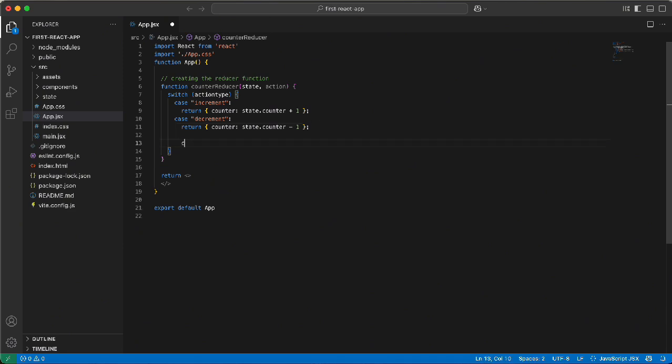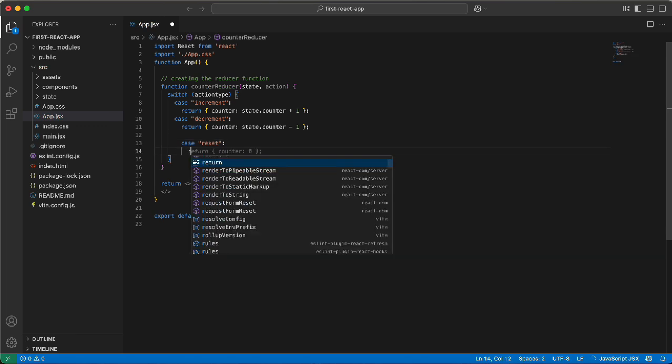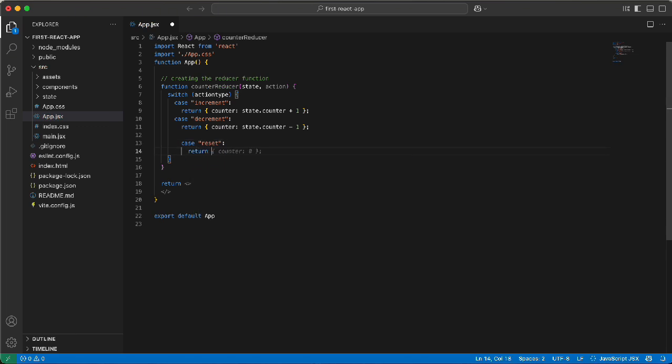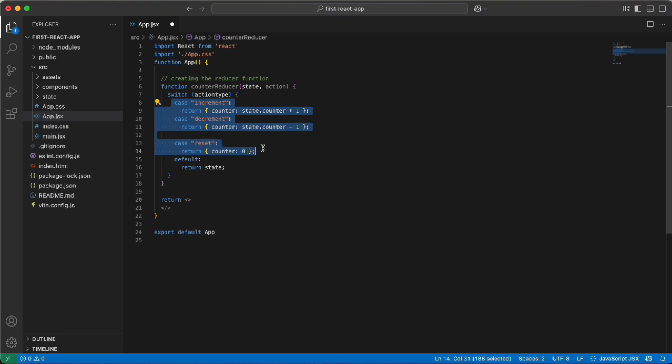We're going to say if case is equal to reset, right? If case is equal to reset, I'm going to return the counter to be 0, right? And of course, we're going to have the default. We're going to return the state, right? So 3 actions: increment, decrement, and reset,